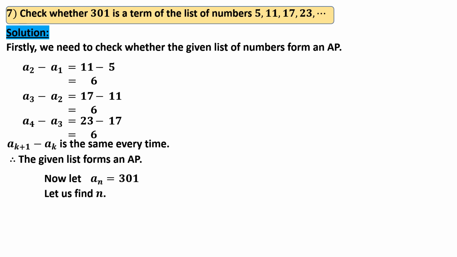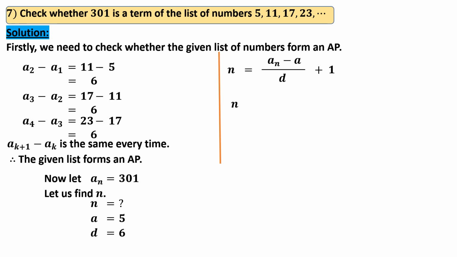Now let an equals 301. Let us find n. A is 5, D is 6, N equals... Let us make use of this direct formula. You can also use An equals A plus (N minus 1) into D and transform the equation to get N. But this is easier. N equals (301 minus 5) divided by 6, plus 1. N equals 296 divided by 6